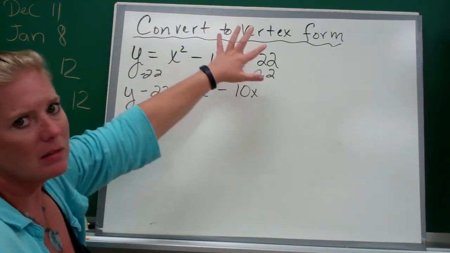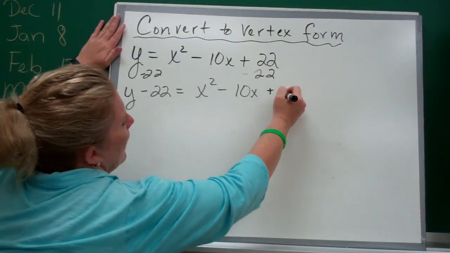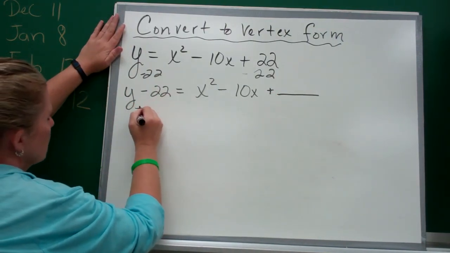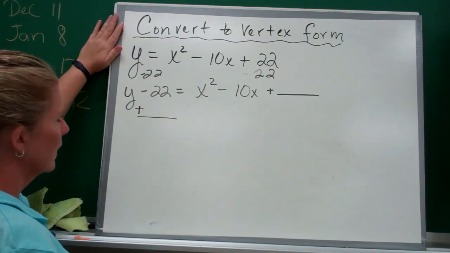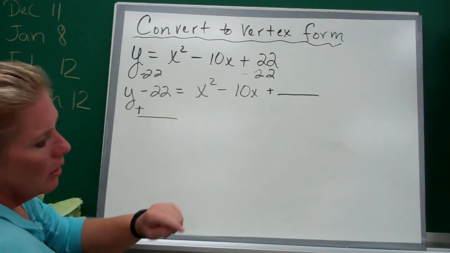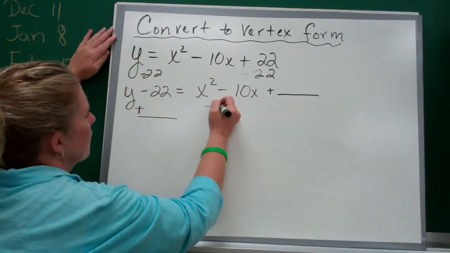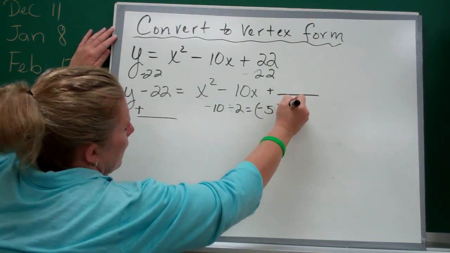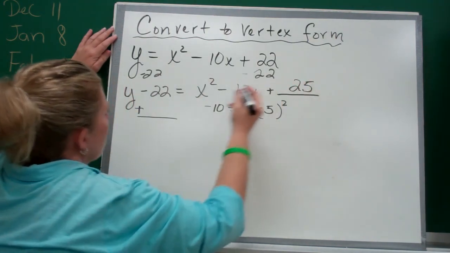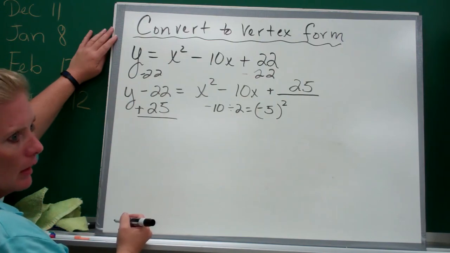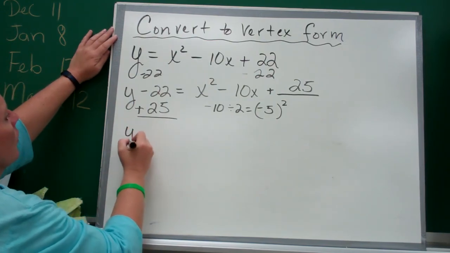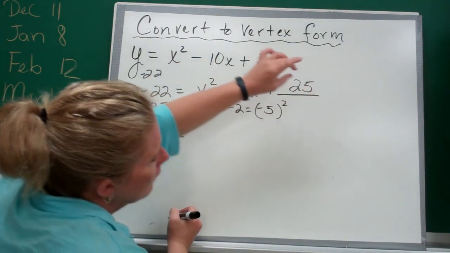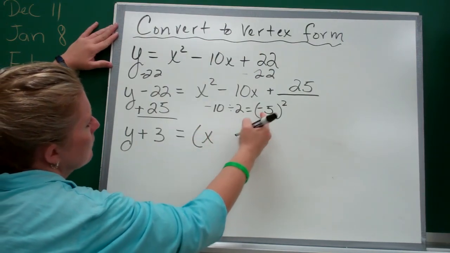Now, we're going to complete the square. So that means we're going to add something here. Oh, since we're going to add something here, we're going to add something here. Okay? So, what are we going to add? Oh, that's right, b over 2. Negative 10 divided by 2 is negative 5 squared. That's 25. We're going to add 25. That's going to give us y plus 3 equals, factor that, x minus 5